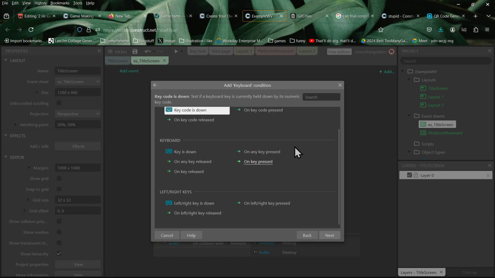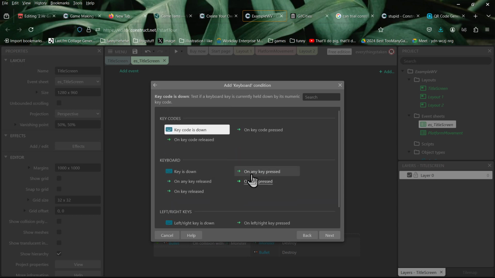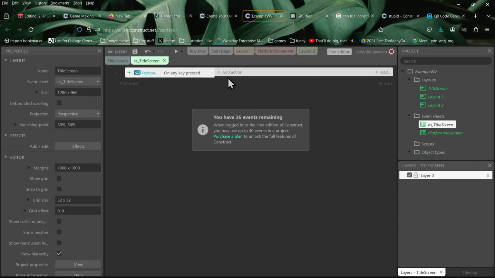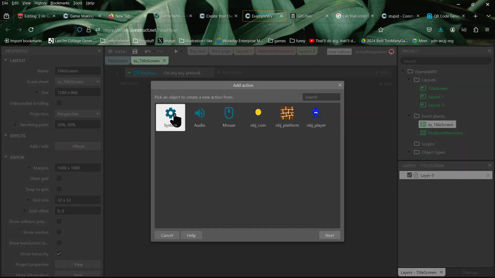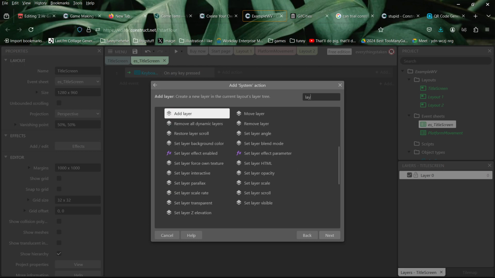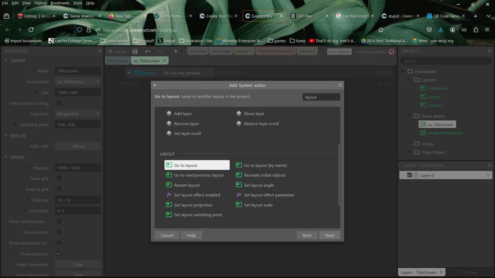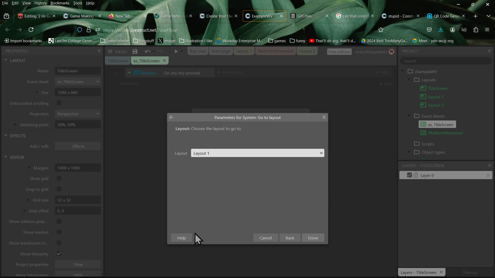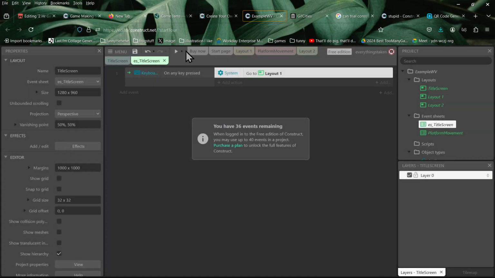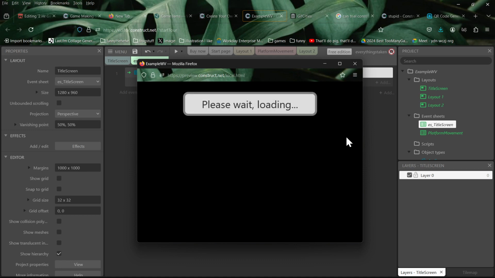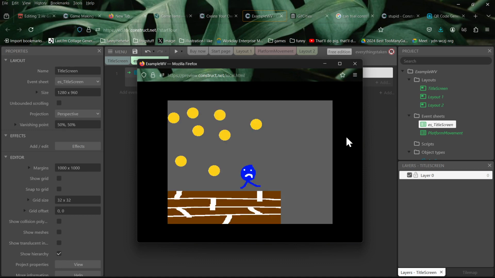I'm just going to say on any key pressed, I'm going to add an action. And then if you type in layout, I'm just going to say go to layout, layout 1. So it's blank. And then I press space, and it takes me to level 1.